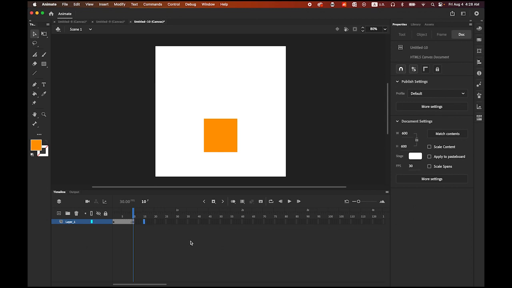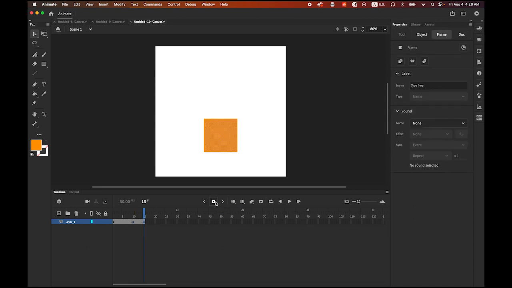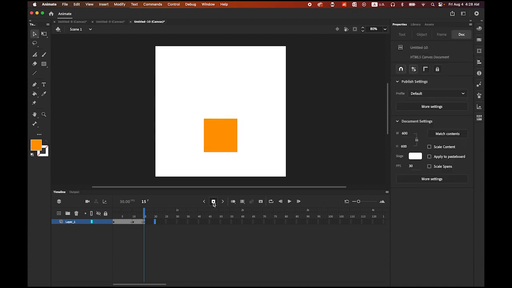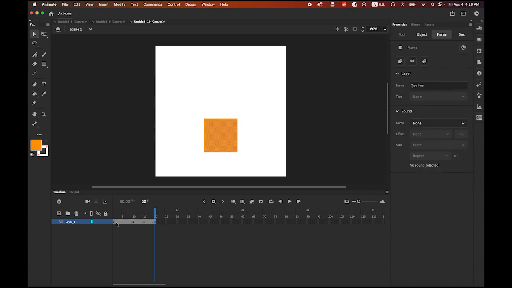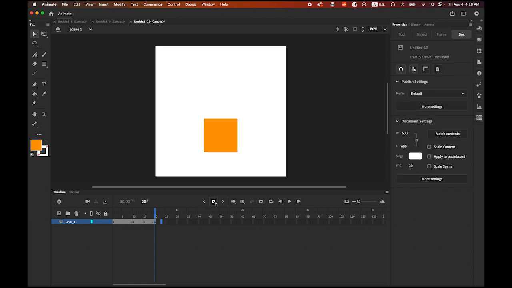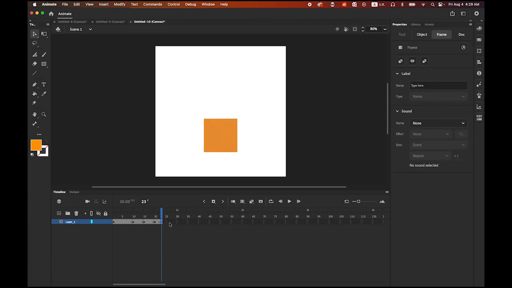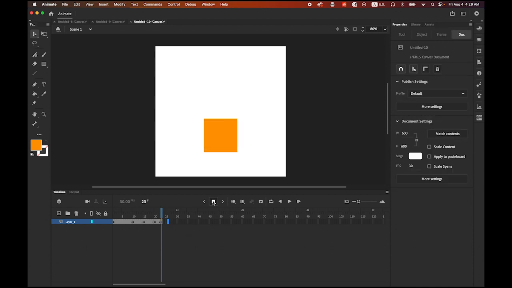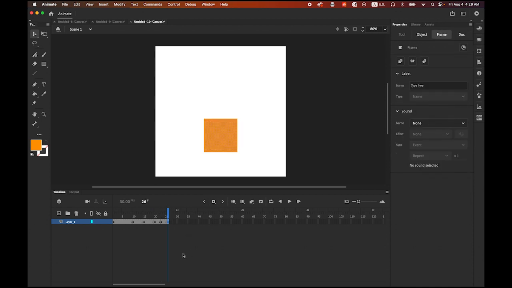So in here, let me insert the keyframe, another keyframe. So we have 1, 2, 3, 4. We need to have 2 more. This time, just 3 more frames. Keyframe, and 3 more, and keyframe. Okay, now